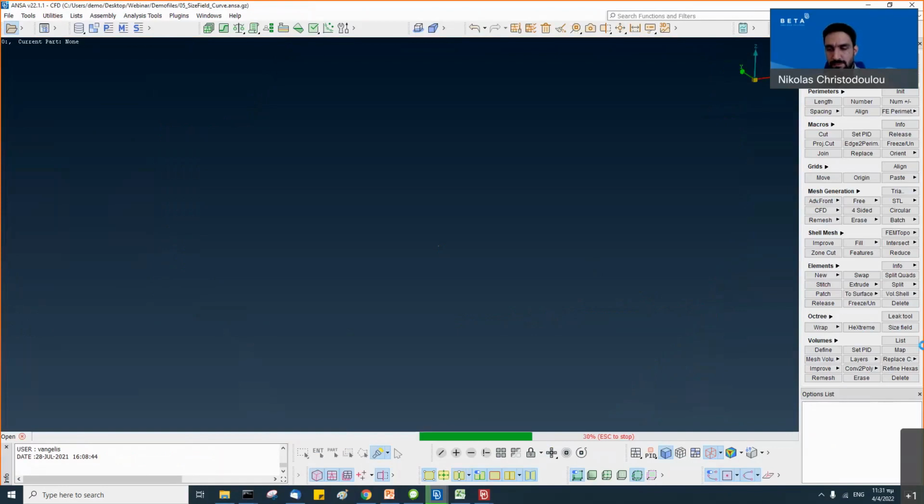So this size field functionality supports also the traditional size boxes, but it has expanded its functionality to new areas. And one of which is the one I'm going to present now.